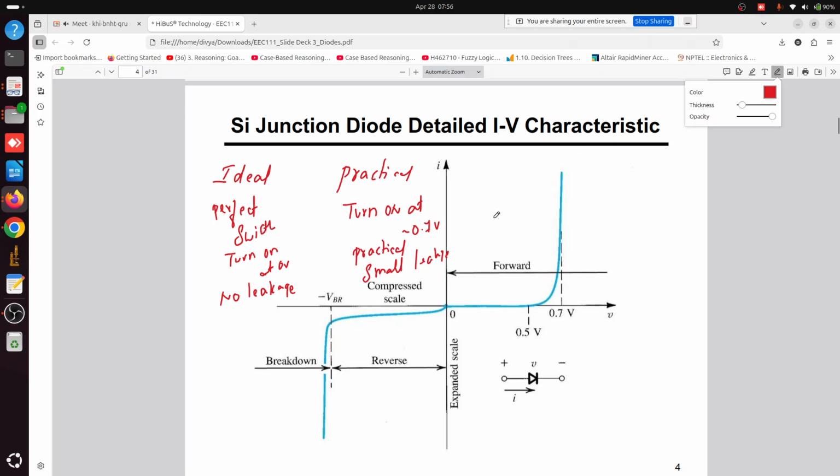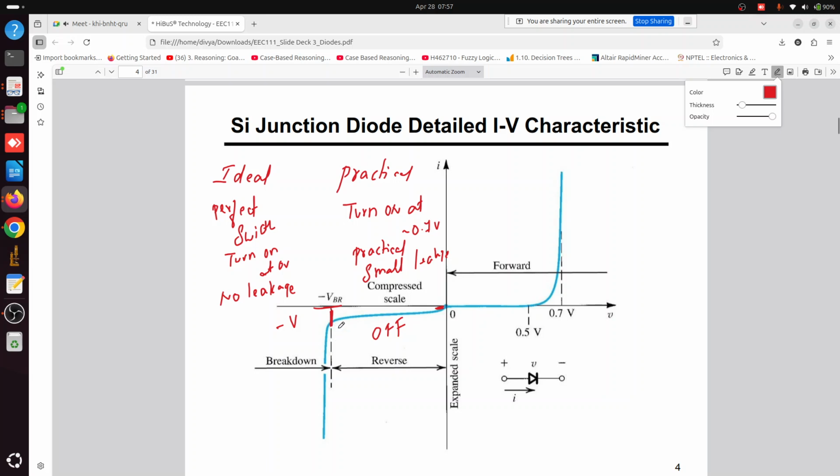Now again we'll start with the reverse bias region. In the reverse bias region, as I already told, the voltage is negative, this is minus V. There is always a small leakage current. Near zero, it will be almost flat. Here the diode is off, diode is off till here, but after this region something is